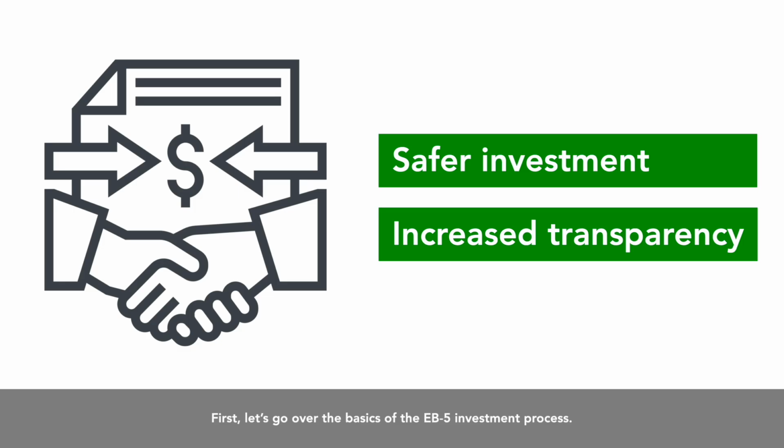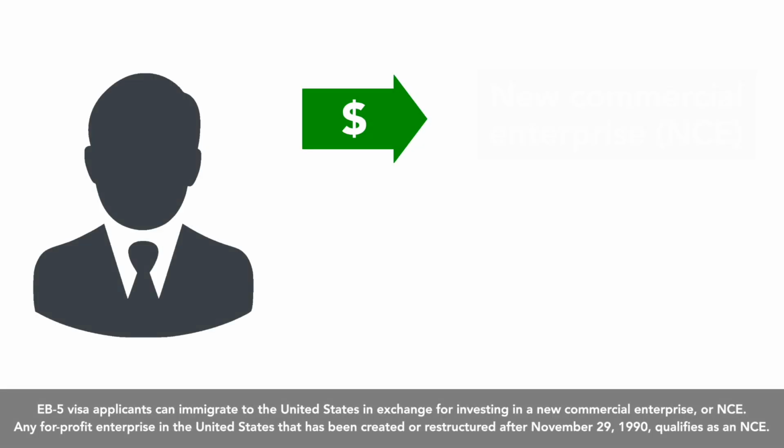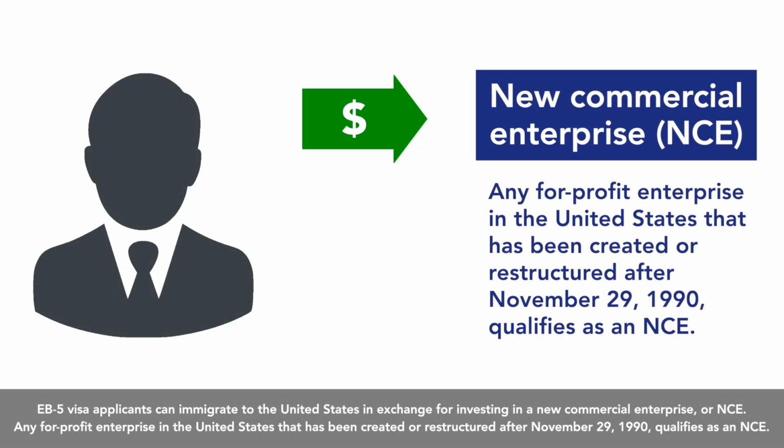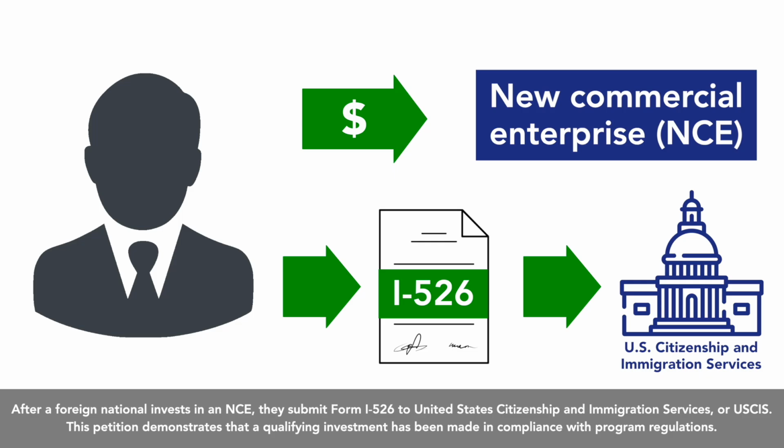First, let's go over the basics of the EB-5 investment process. How EB-5 investments are made. EB-5 visa applicants can immigrate to the United States in exchange for investing in a new commercial enterprise, or NCE. Any for-profit enterprise in the United States that has been created or restructured after November 29, 1990 qualifies as an NCE. After a foreign national invests in an NCE, they submit Form I-526 to United States Citizenship and Immigration Services,